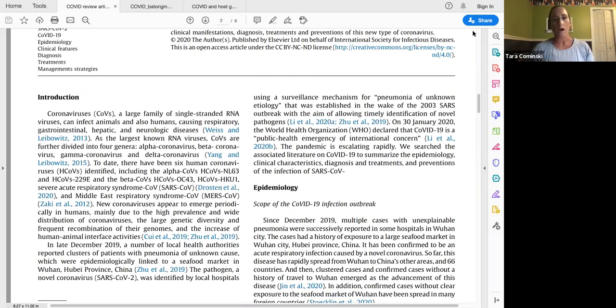All right, and then yeah, Blossom, you pointed out that there's a bunch of different families of them, and it says here that to date there have been 6 human coronaviruses identified, right? If you wanted to learn more about that, you can click on this link here and learn more about those types that were identified. And then even from that paper, you might be able to get more information, finding maybe the original article written by the researchers that discovered each one, right? So that's why I like starting with a review article, because it points you in the right direction in terms of where to find that primary information, okay?